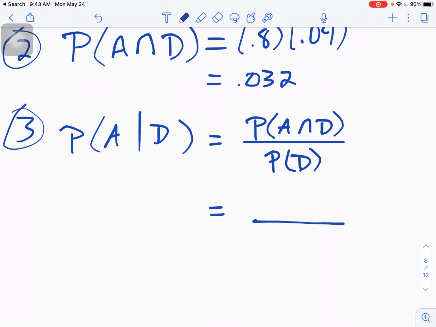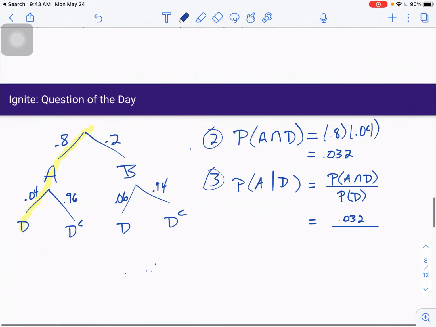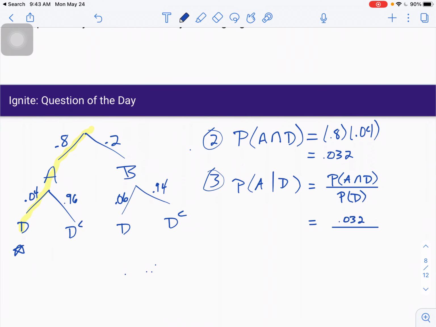Okay, so let's go ahead and calculate this now. We already know the numerator, A and D. That is 0.032. I just calculated that in number 2. Now I want to know what's the probability of D. So I have to go to my tree diagram, and I need the outcomes that result in a defective ELT. So this is 1, that terminates in a defective ELT. And then here is the other outcome that results in a defective ELT. So since there are 2 ways to get a defective ELT, this way and this way,